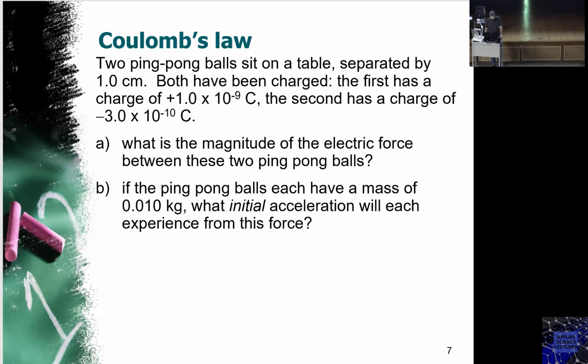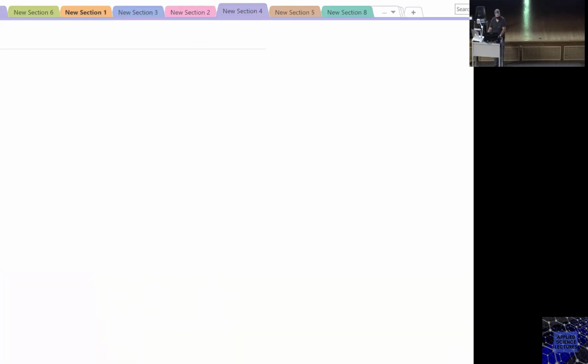Okay. So what do we need to do? We need to calculate the magnitude of the electric force between these two ping pong balls. Now, in this course, we'll treat those ping pong balls as dots. We are not interested here in the volume of the ping pong balls and how the charges are distributed. We're treating those ping pong balls as dot charges, point charges. So treating them as point charges basically means that